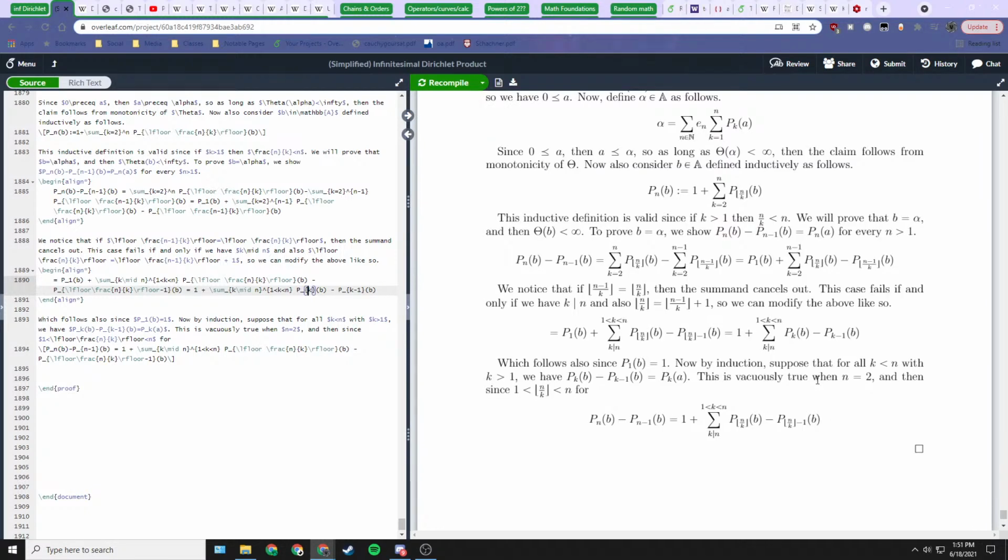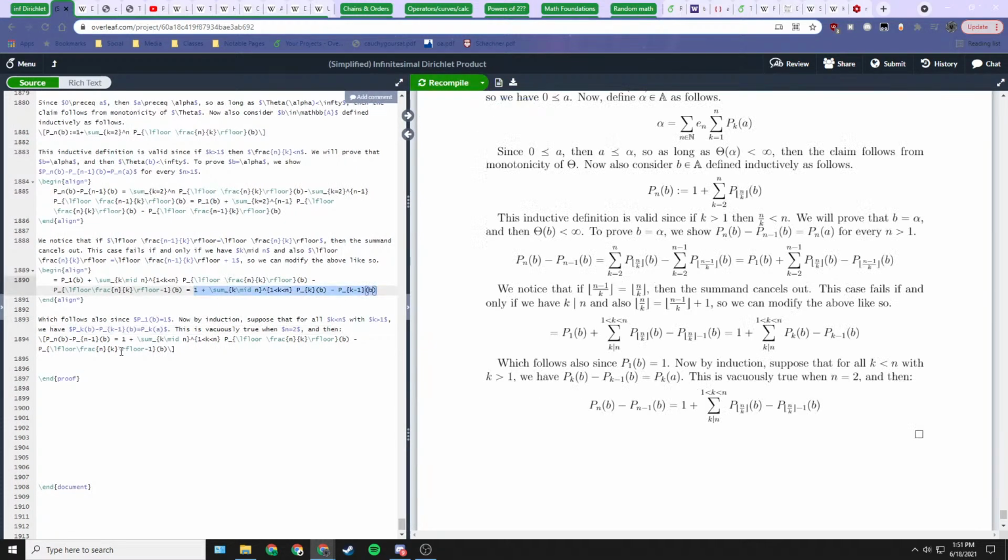Okay, so now by induction, suppose that for all k less than n with k greater than 1, we have this difference. This is vacuously true when n equals 2. And then we'll replace this with this, because I've just made that update. So we have p sub n of b minus p sub n minus 1 of b is the summation, but these are just p sub k, so by the inductive premise, this is p sub k of a, but then this is just literally the definition of,